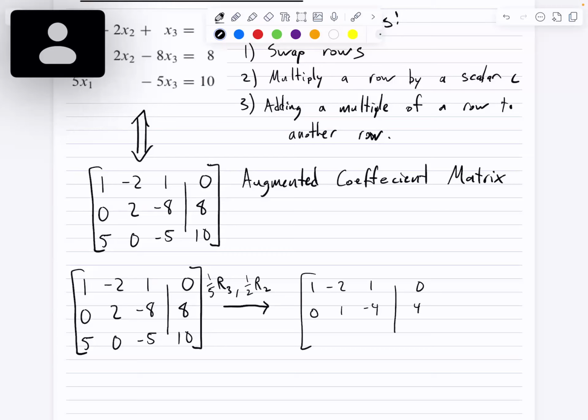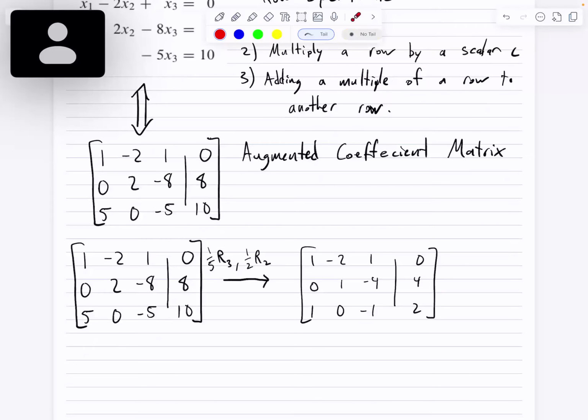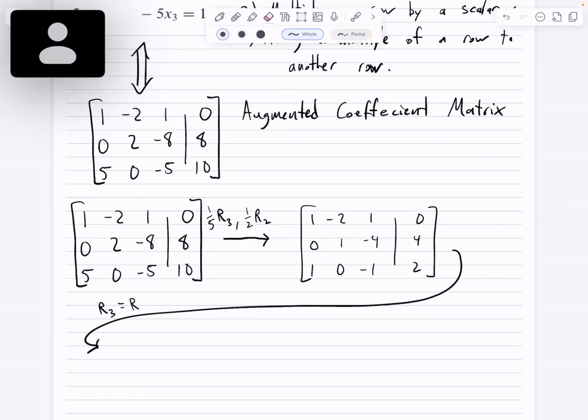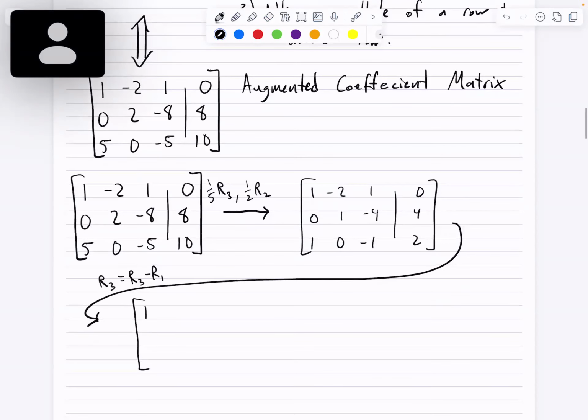The reason for that will become a little more clear when we get to reduced row echelon form, but for now it's just to make our algebra, or our addition, a little easier. Now I can try to eliminate that variable. So row 3 is going to equal row 3 minus row 1. If I replace row 3 with row 3 minus row 1,